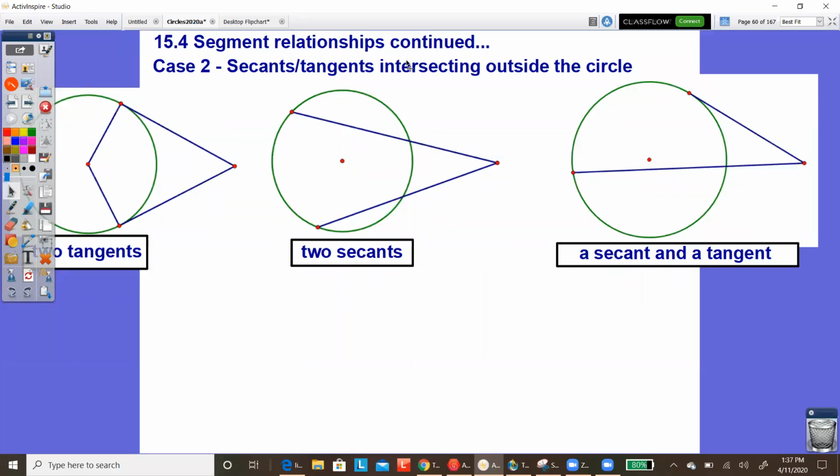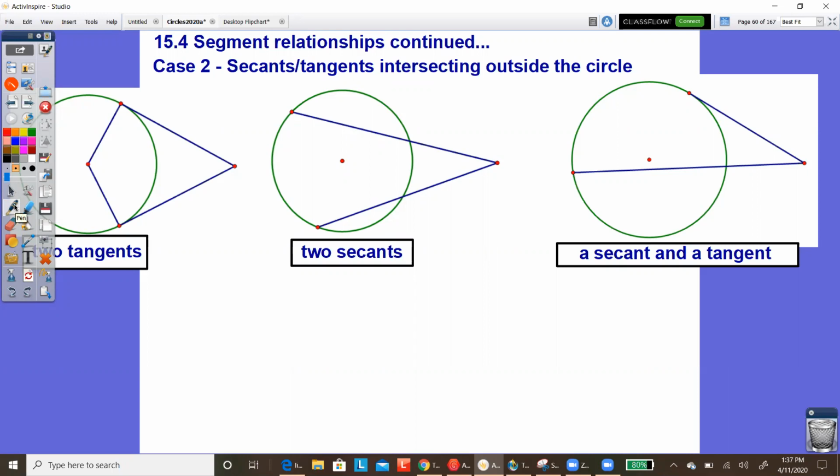So we're continuing with section 15.4, segment relationships. This time we're talking about when you have secants and tangents intersecting outside the circle. There's really three cases the book analyzes, but I'm not going to really focus on case one because we've already